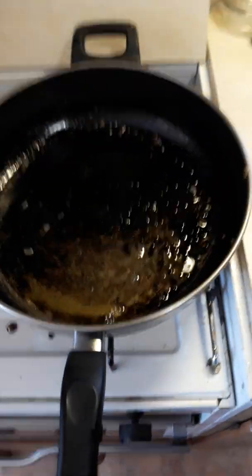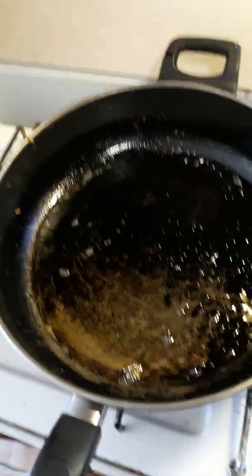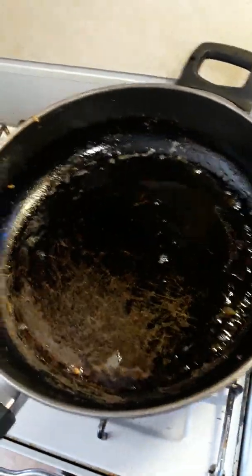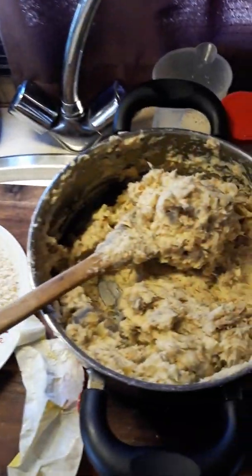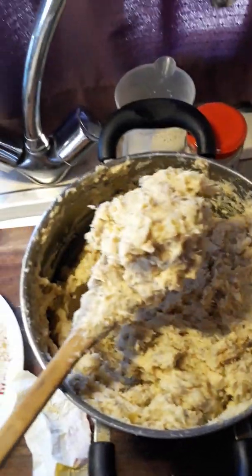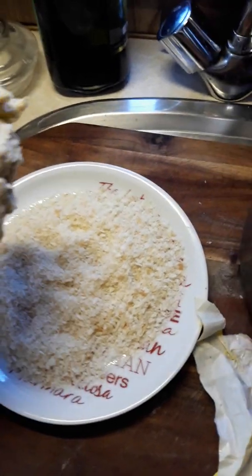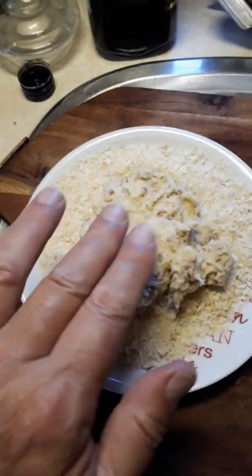Okay, my friends, I've got my frying pan here heating up. I've put a mixture of half olive oil and half canola oil in here, and I'm just heating it up, making sure it's nice and hot. Alright, we've got our beautiful mashed potato and tuna here, so I'm going to get a good dollop of this mixture. I've got some panko breadcrumbs here, so all I'm going to do is plop it on top. That was easy. Give it a little bit of a push down,